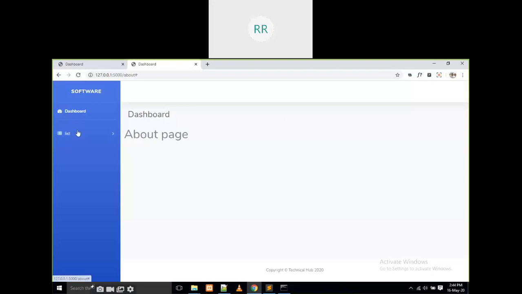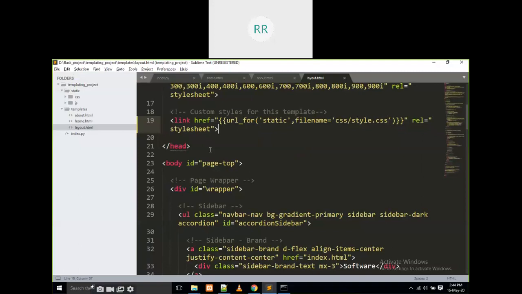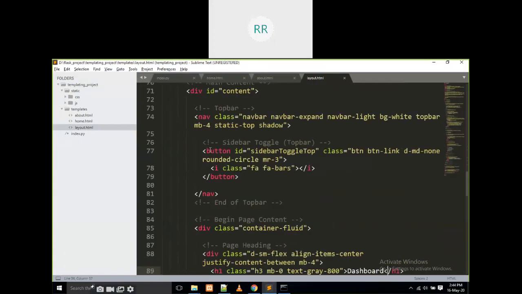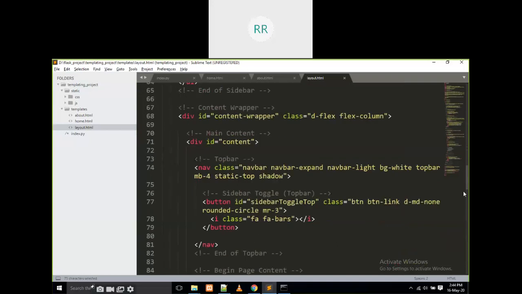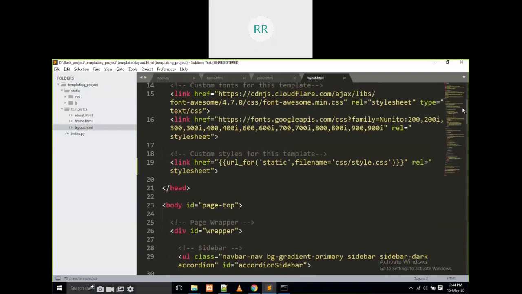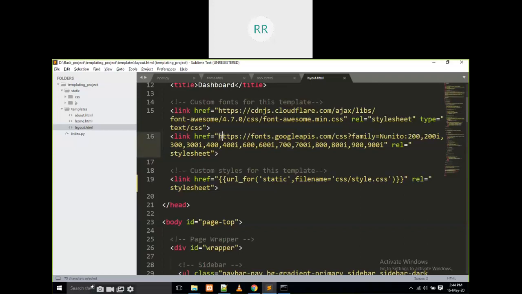But if you observe here, the drop down lists are not working. That means the JavaScript file is not working here. Now I'm moving back, and how many JavaScript files are there? There are two JavaScript files. If it is HTTPS, it is an online link. There is no need to modify these things. In CSS also, if there is any HTTPS, some dynamic link, that means it is coming from the web. No problem for that.